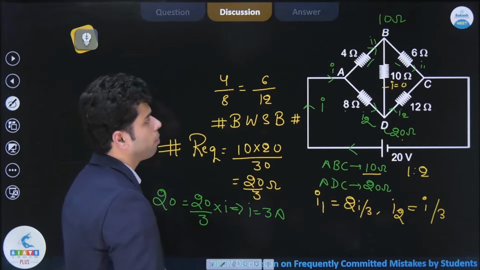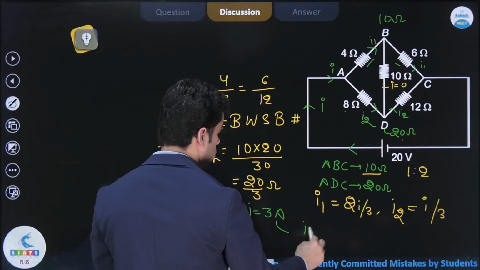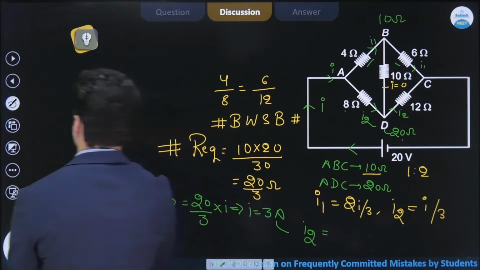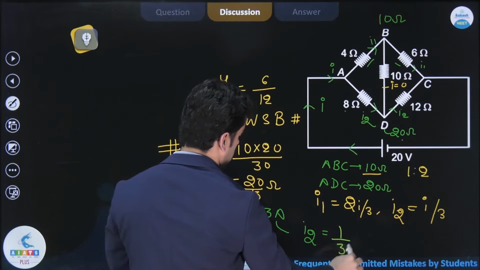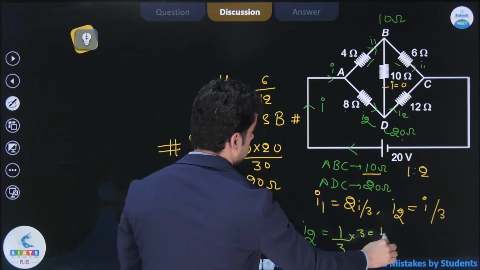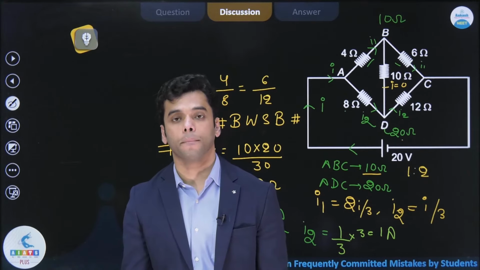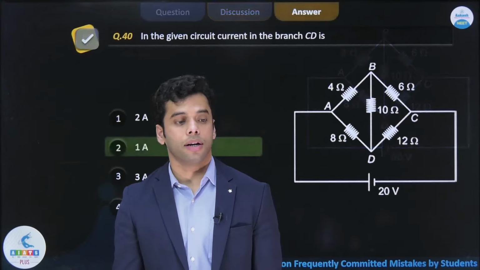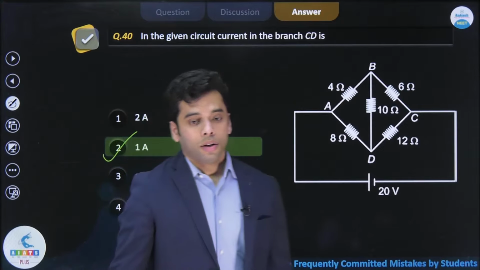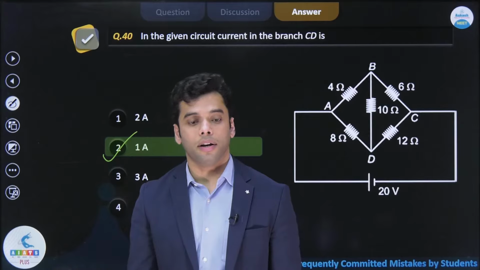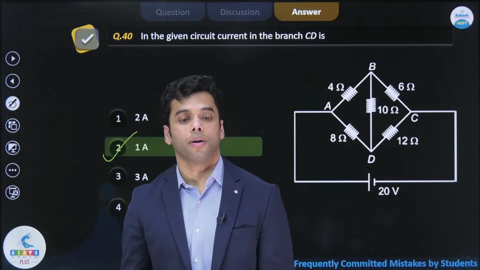आपको CD ब्रांच में करंट निकालना है. CD ब्रांच क्या है बेटा, I2. So from here I2 is equal to, I2 निकालना आपको. I2 is 1/3 of I and I itself is 3. So it is 1 ampere. 1 एम्पियर है बेटा. करेक्ट आंसर इज 1 एम्पियर. आहान सिंह गिव द राइट आंसर, सेकंड. कोई डाउट है बेटा किसी को अभी तक? ओके,